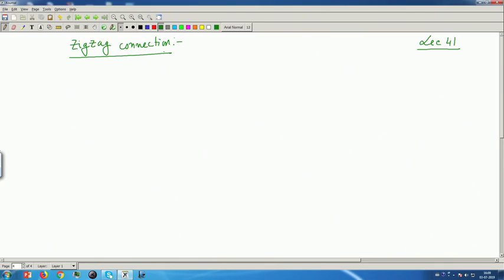Welcome to lecture number 41, and we were discussing zigzag connection of 3-phase transformers. These 3-phase transformers could be 3 individual units. So far as connection is concerned, you can implement any connections, but to implement zigzag connection, of course, there is